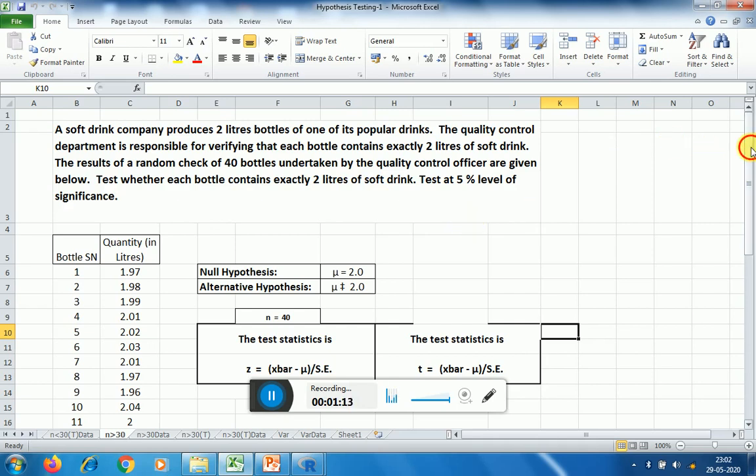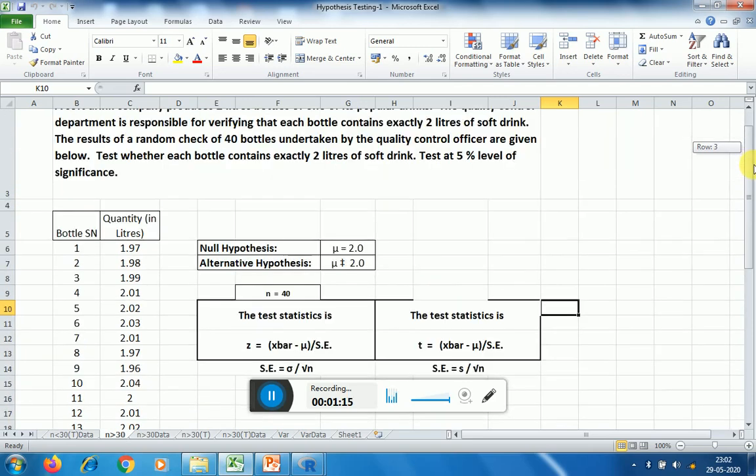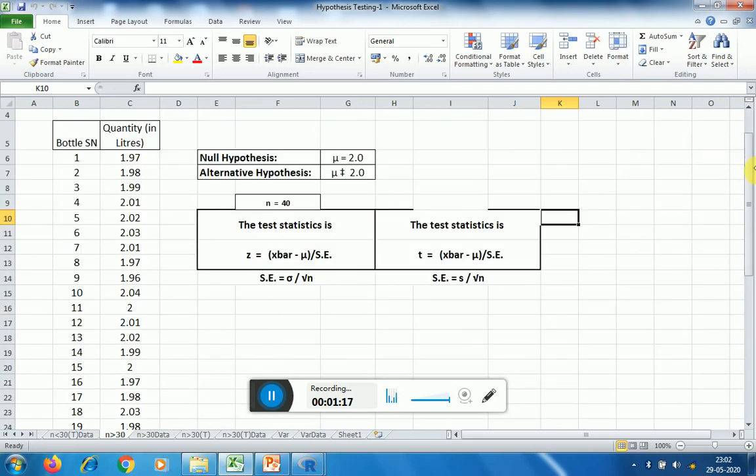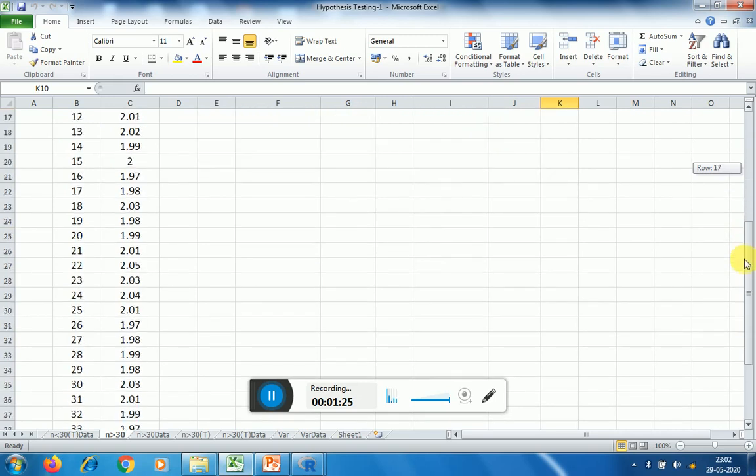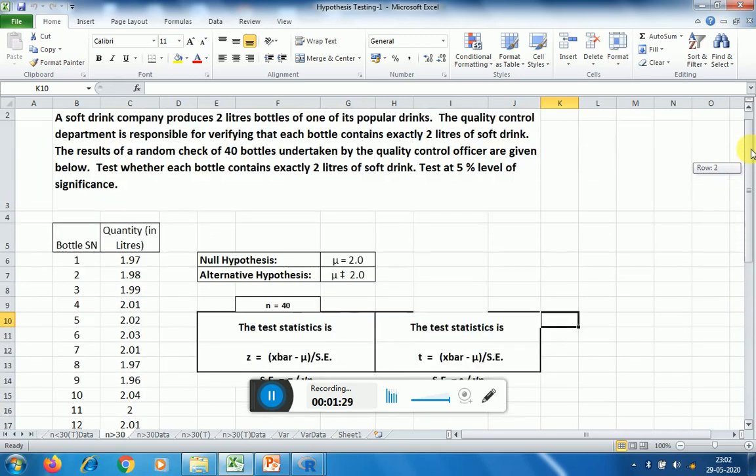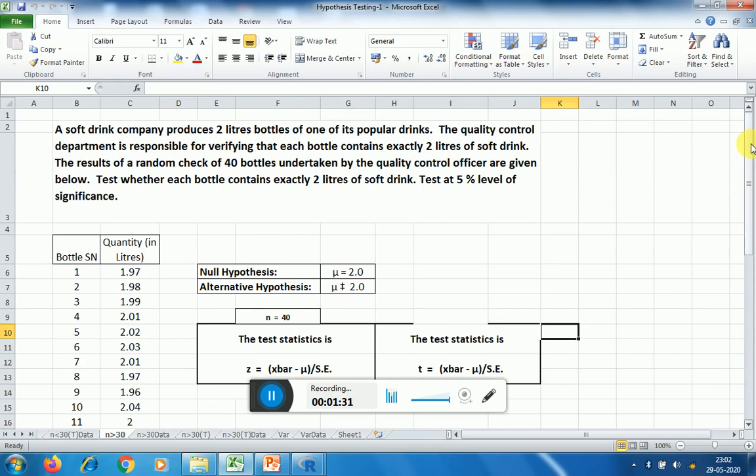significance. Now here, if you look at this data, you can see quantity in liters is given and the sample is collected for 40. Sample size is 40, so 40 bottles are randomly selected for this particular purpose.